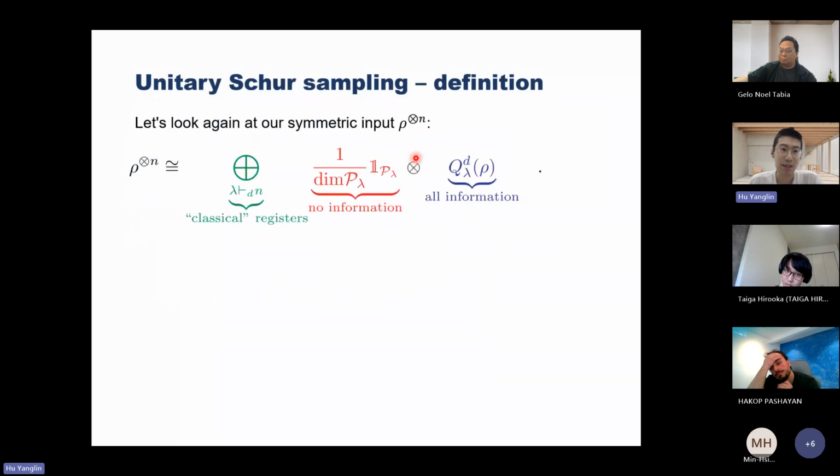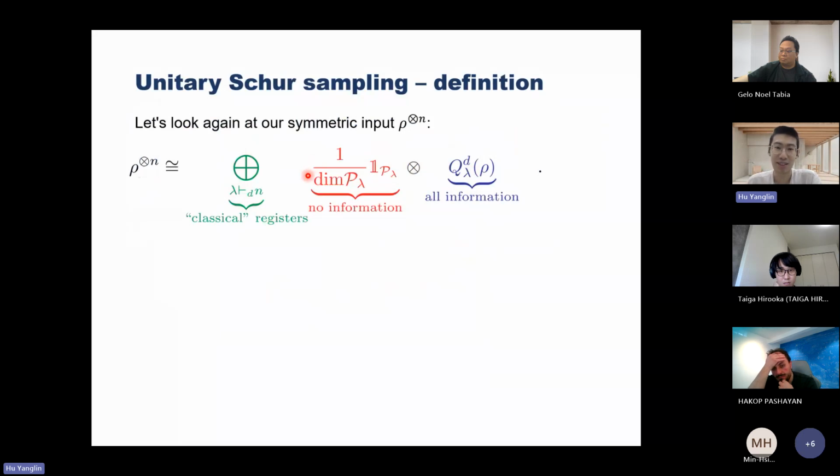Now we can write any rho tensor n in this form, where you can decompose it into two parts. One has a direct sum of all the lambda subspaces. You can think of the direct sum of these lambda subspaces as some sort of classical register. And then there is an identity matrix on the